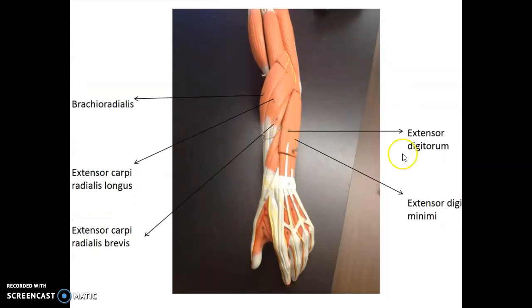Now these muscles are extensors. They're on the backhand side, and notice I have, again, I have this tendon